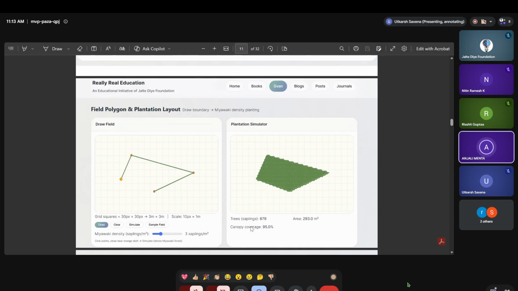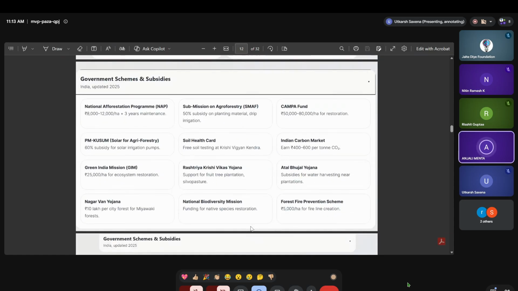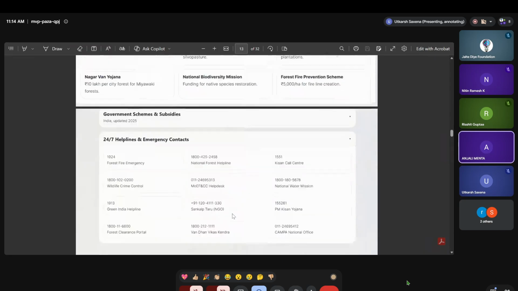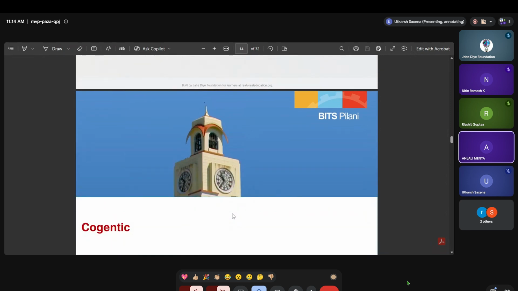So, coming to the functionality, this is basically what the site helps you to do. And on the bottom, we have the government schemes and subsidies and useful helpline numbers that you can call, and just a little bit of additional information to point you in the right direction for more research regarding the project. So that brings us to the end of our GVan project, our Miyawaki Afforestation Site Analyzer website. So moving on,